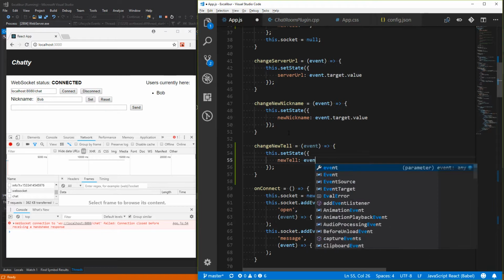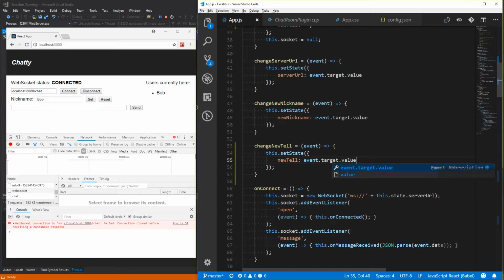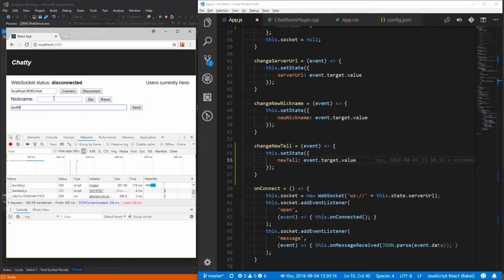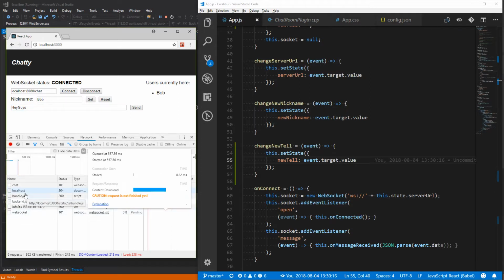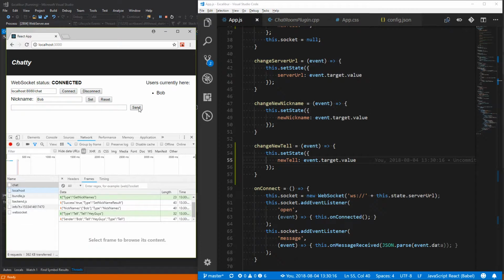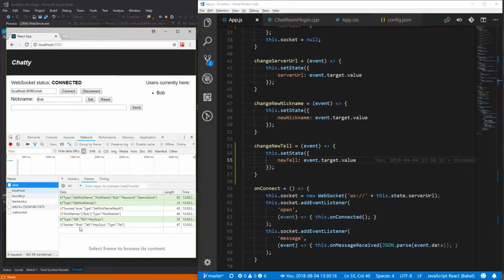New tell is event target value. There we go. So Bob, connect as Bob. Send hey guys. And we don't need the console. Look at our chat and send. And there we go. Okay, so we sent the tell, hey guys, and then we got back a sender Bob tell, hey guys,